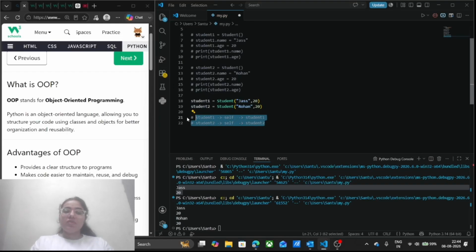Now, so far we have talked about the data that an object contains, but objects do not only have data. They can also perform actions. These actions are represented using methods. What are methods? I will write here,